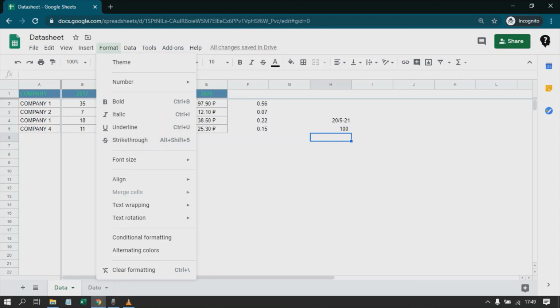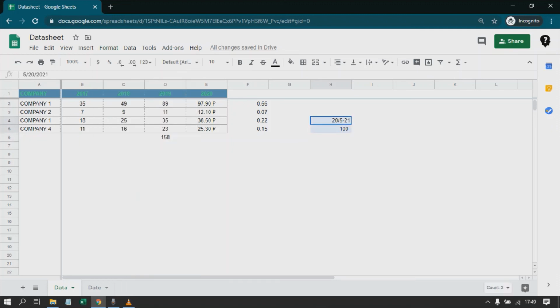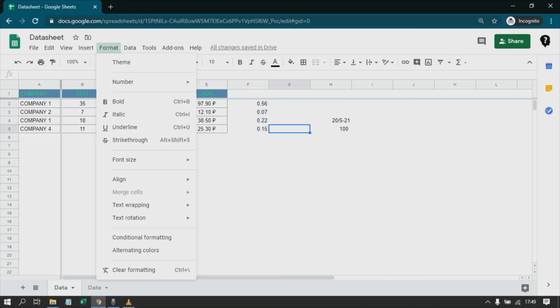So I hope till this point it is clear to you and you will make your data representation quite meaningful, because unless and until data has some meaning, it's just raw data. It cannot be treated as information or knowledge. So this is it in this session. We will cover conditional formatting in the next session.